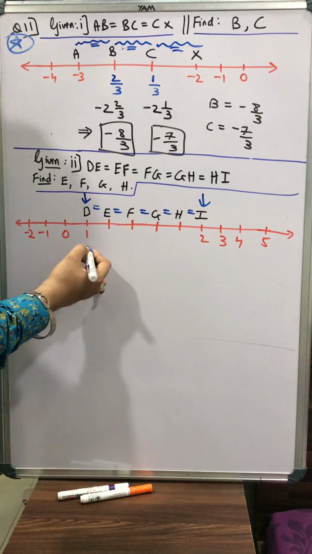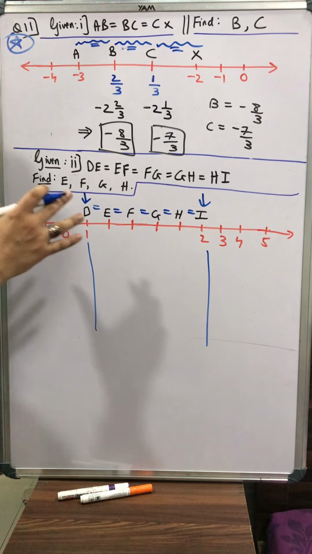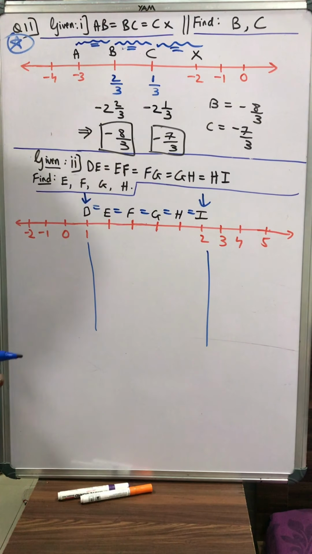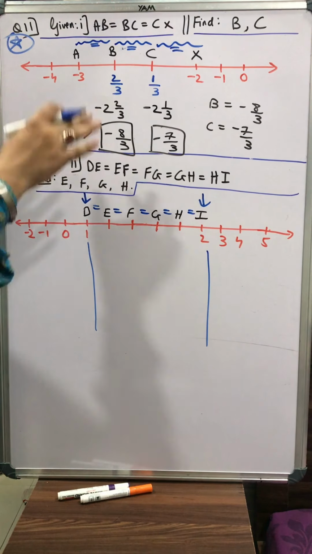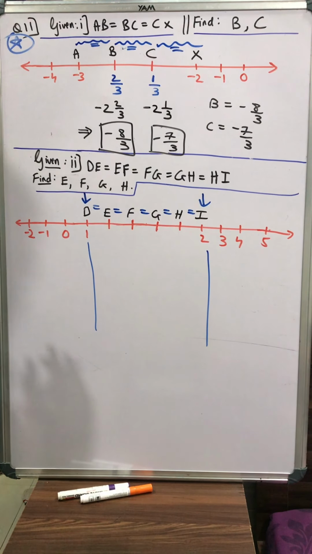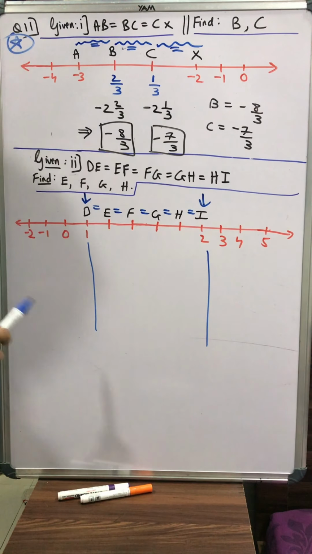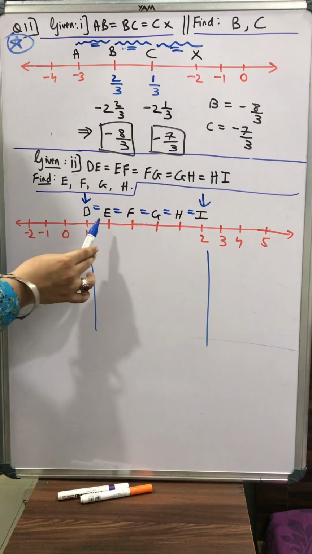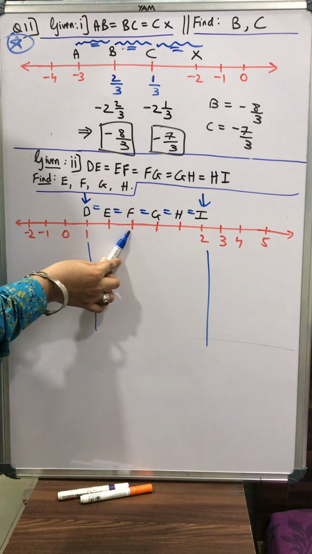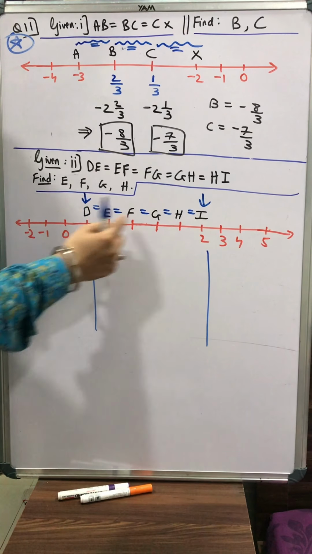So our concern criteria is between 1 and 2. This is a piece of cake. We have divided a piece of cake into 5 equal parts. 1, 2, 3, 4, 5. So to cut 5 equal parts, can I say, students, I need to have a stroke with a knife 4 times? If we cut 4 times with a knife, then 5 equal parts will be formed. So this will be my first stroke, second stroke, third stroke, fourth stroke. 4 times if I cut, then only I'll get 5 equal parts.